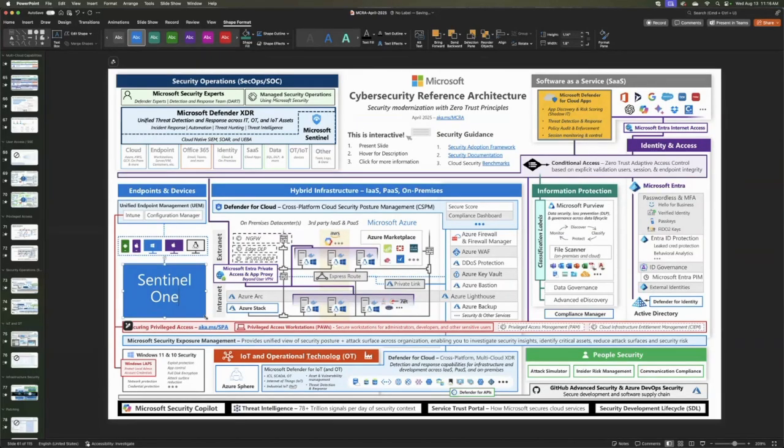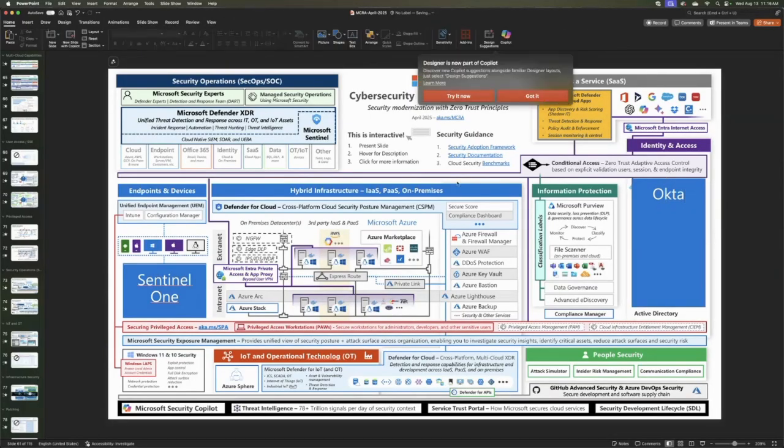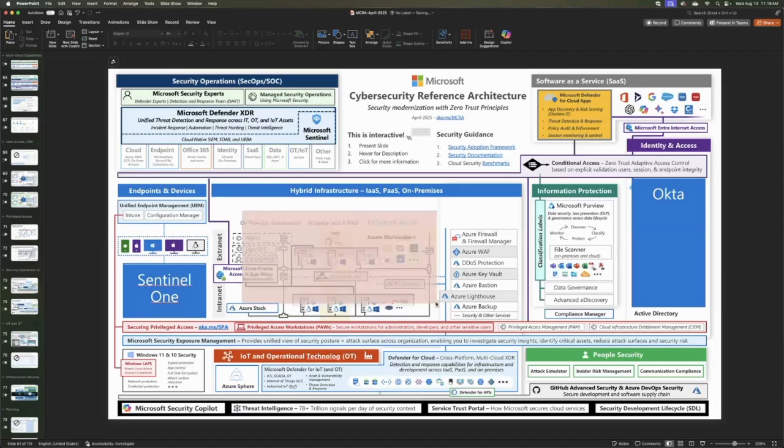All right. Hey, what are you using for identity? You know what? We're using Okta. Okay, fantastic, right? So I'm getting a feel for what you currently have. And as we start to go through this, I may ask you, hey, are you leveraging Azure? Do you have any resources in Azure? And you may say, we do. Okay, great. But do you have anything on premises or in AWS or other clouds? No, we don't. Well, I may take something here like Azure Arc and I may just delete it. And so my point is, as I start to go down this path of questioning, I may start to delete a bunch of items here that are just not relevant.